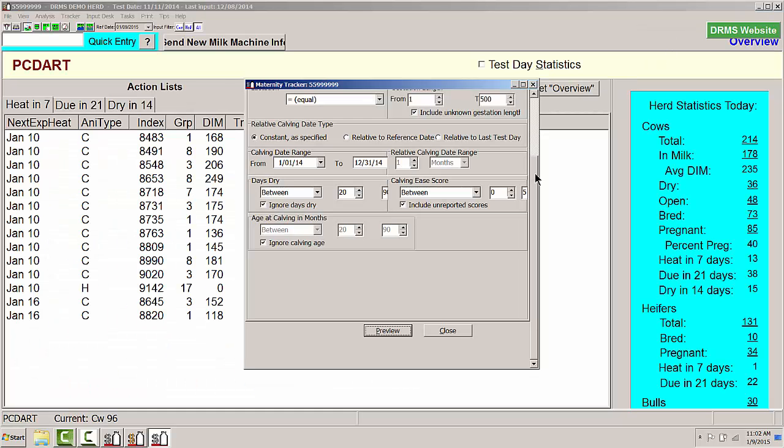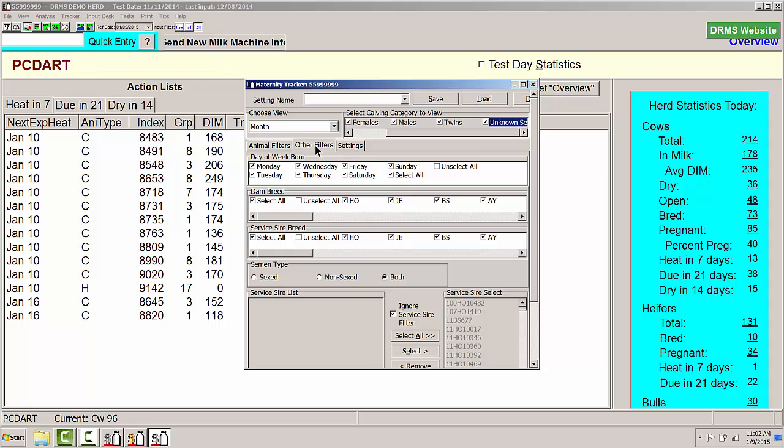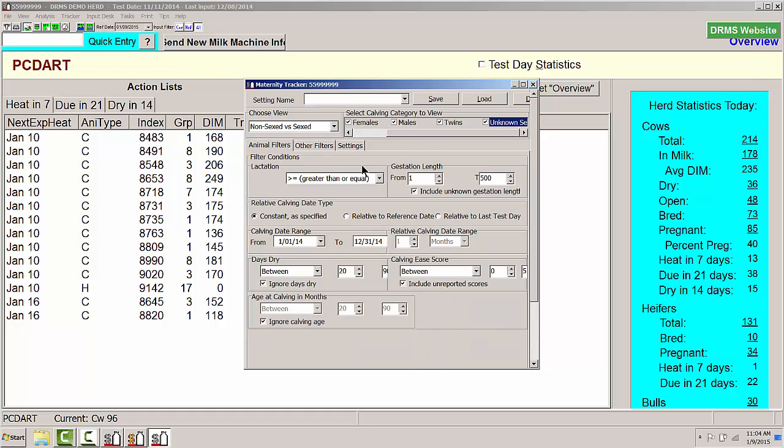One other thing I might want to be able to look at within maternity tracker would be the percent of females that are coming from sexed semen. So once I go ahead in the other filters, I choose looking at semen type just for sexed. I would go ahead and ignore the sire filter, uncheck that box. Once I go back to my animal filters,